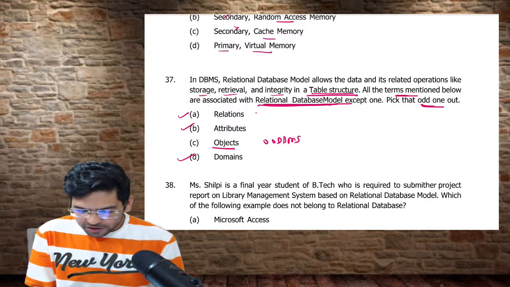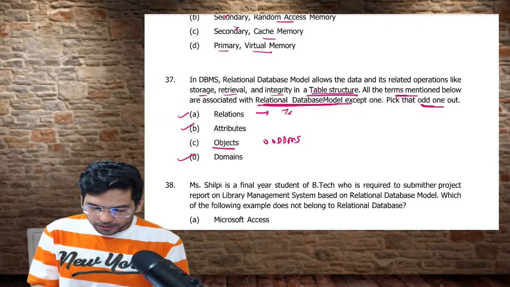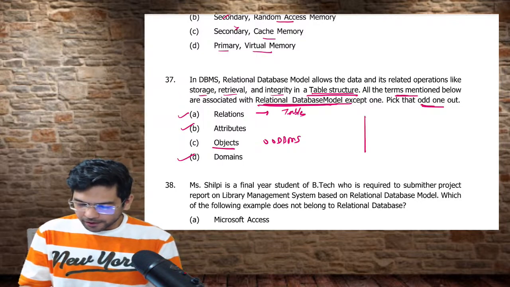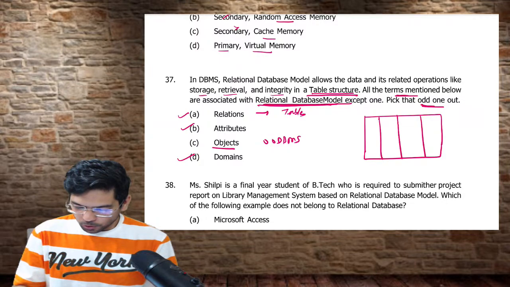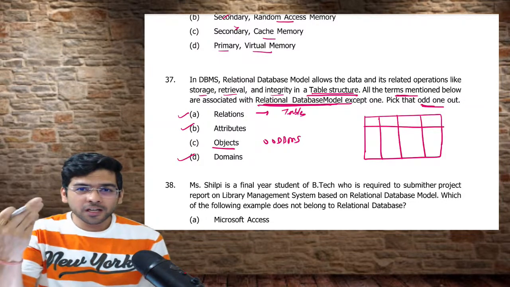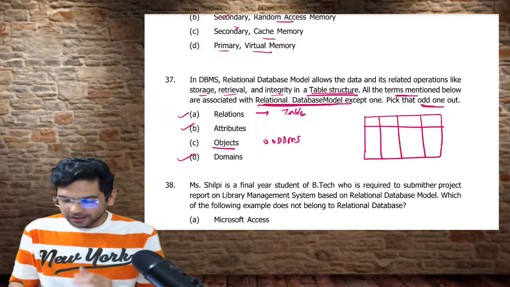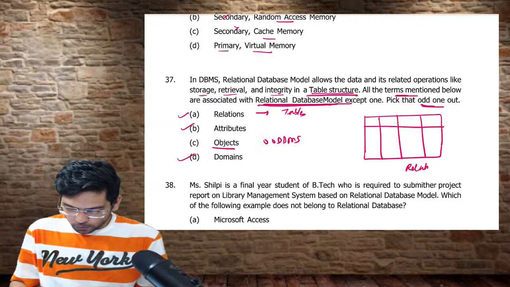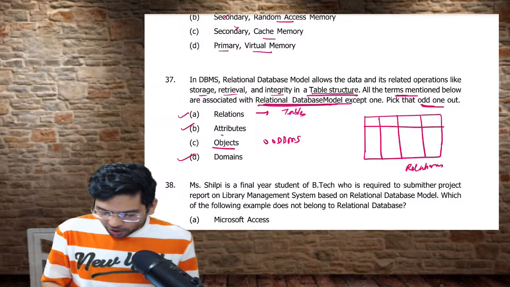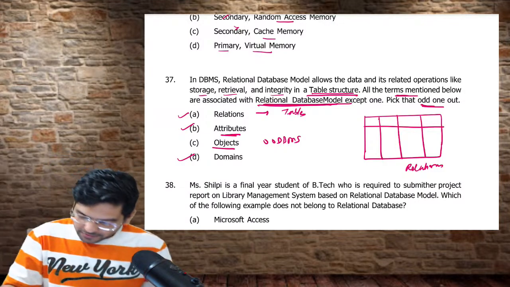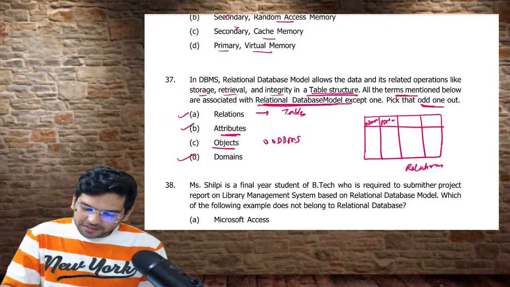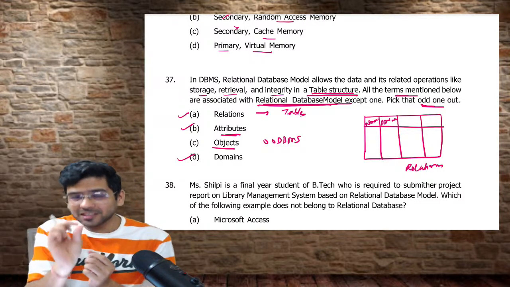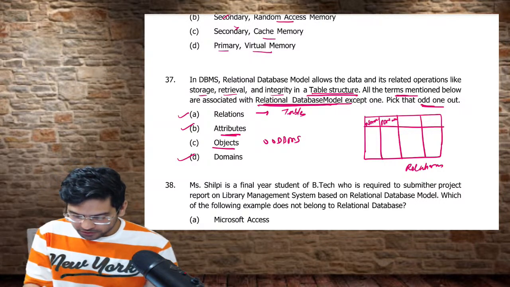But yes, what is relations, guys? Relations means nothing but the tables. I hope you know that in relational database model we have these tables. Tables consist of rows and columns. So relations basically is nothing but this table. Then attributes are the column heads. Let's say this is name, this is, let's say, PAN number. These are attributes, and what is acceptable under each of these attributes is called a domain.